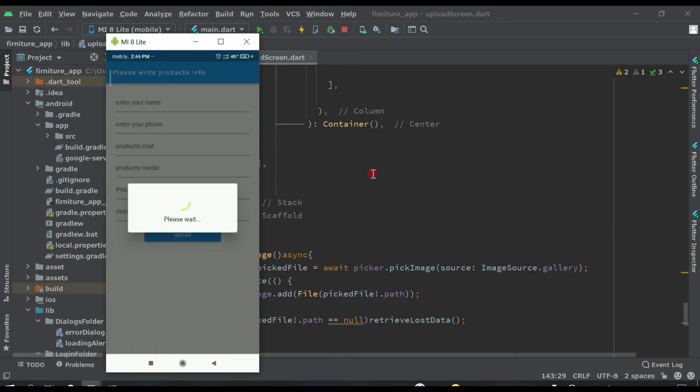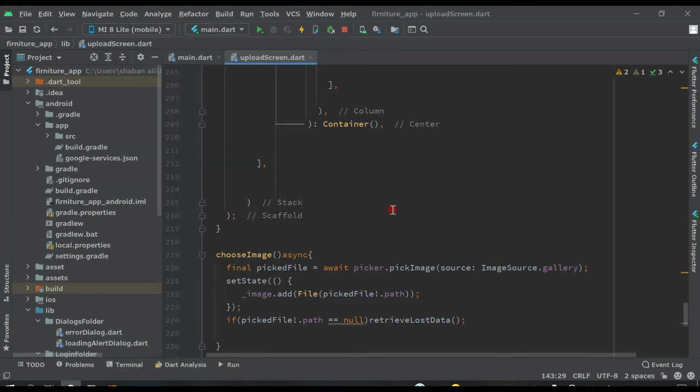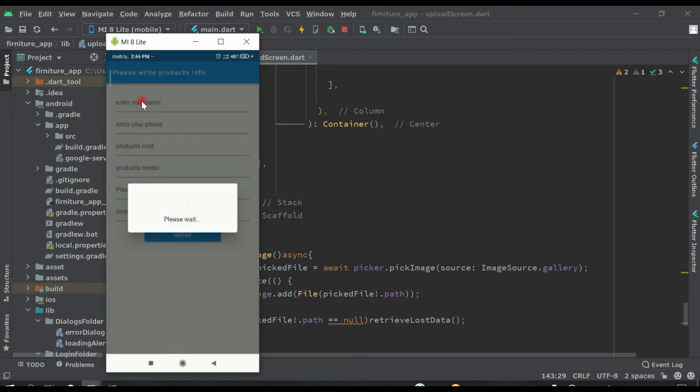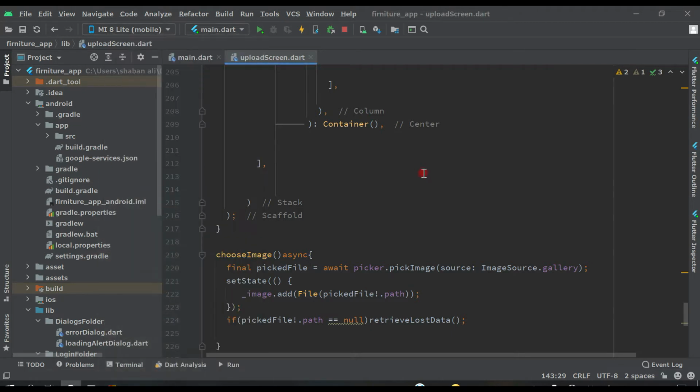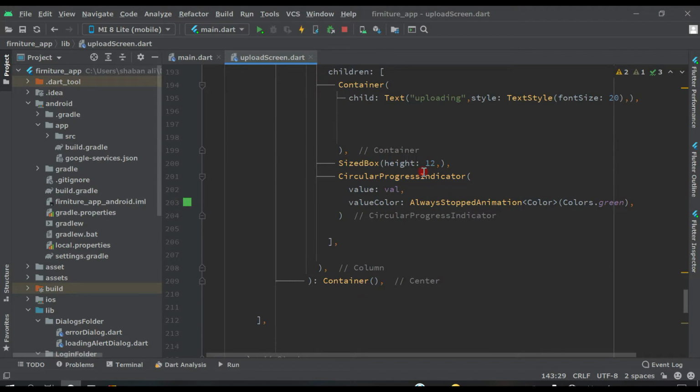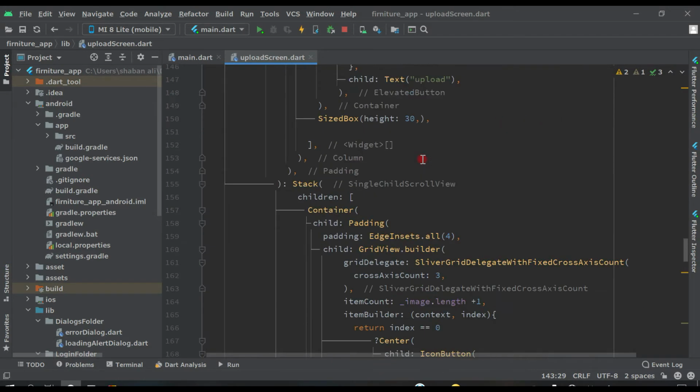So in this video what we are going to do is save all this information to our Firebase Firestore. I mean, the user or advertiser will fill in all this: enter your name, enter phone number, product detail, product models, etc. All these things we will save in our database in Firestore. So for that, what we have to do, come here above and you will see here